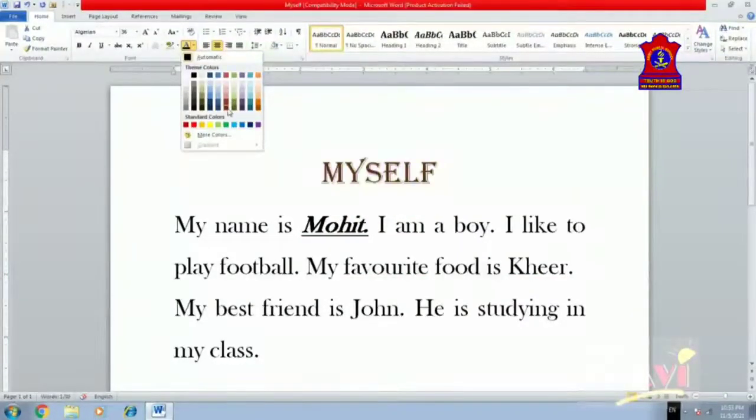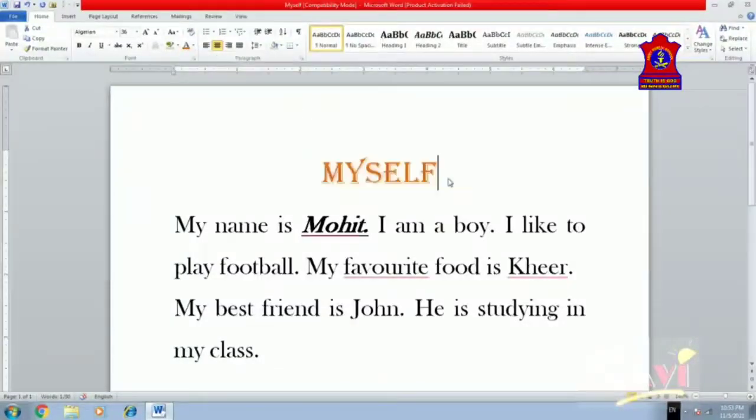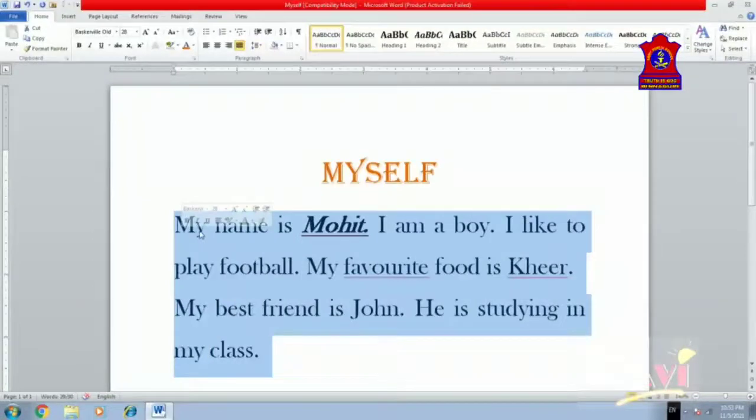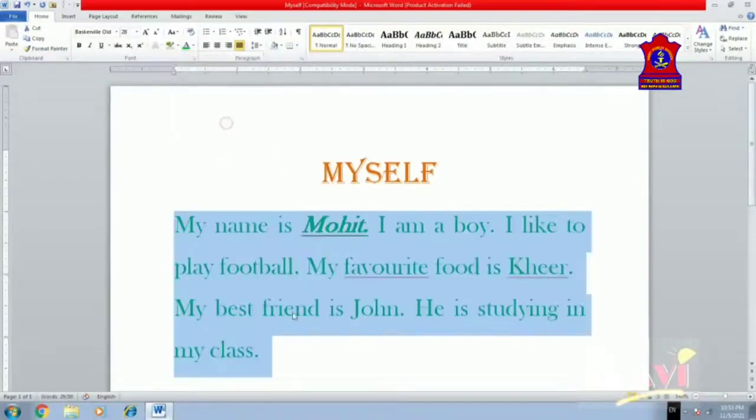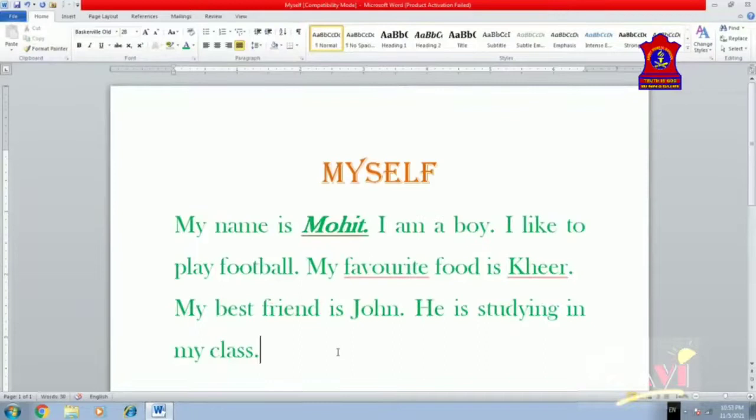So what I'm going to select here, this color or this. So this is the color I would like to select. Okay, so this font color is changed here. Now if you want to change the color of this part as well, select all, go to the font group, click on font color and change the color. Clear? So this is very simple to do.